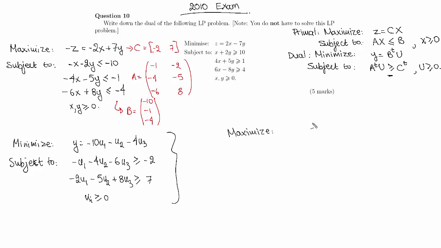We have, I'll name it W, but it's minus y actually, since we multiply by minus when we want to turn a minimize into a maximize problem. So that will give us 10u1 plus u2 plus 4u3, and it will be subject